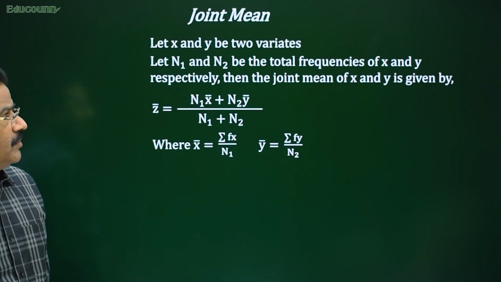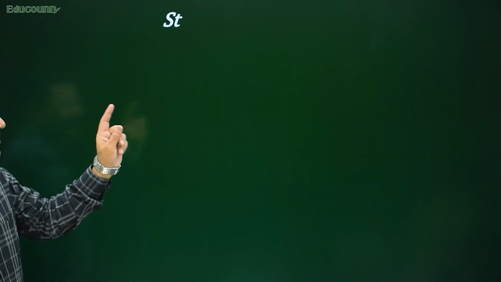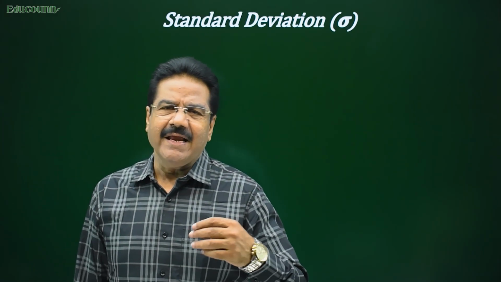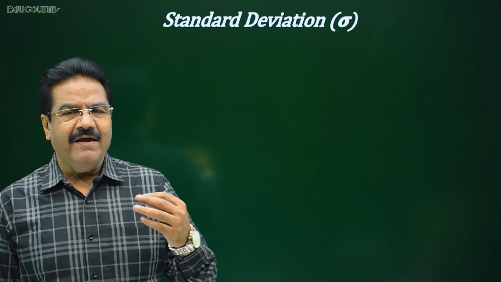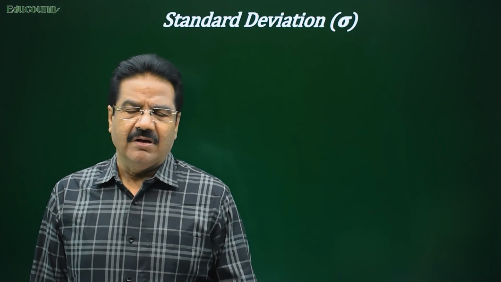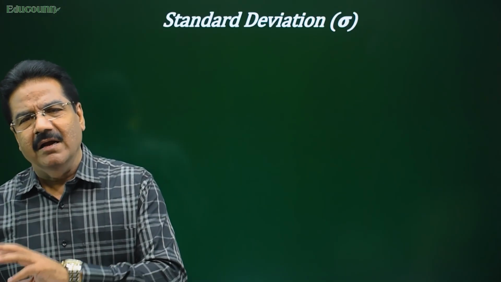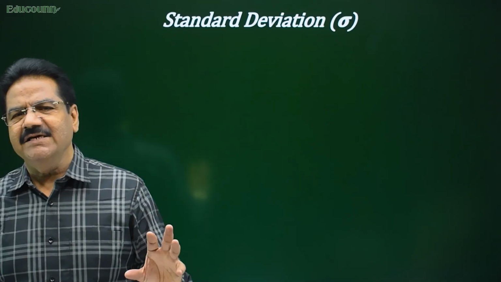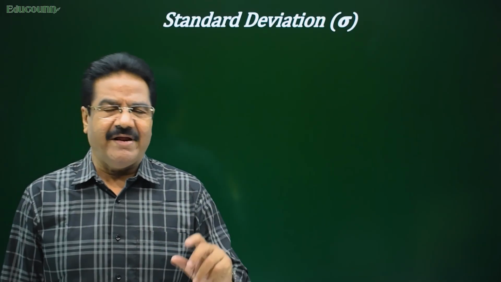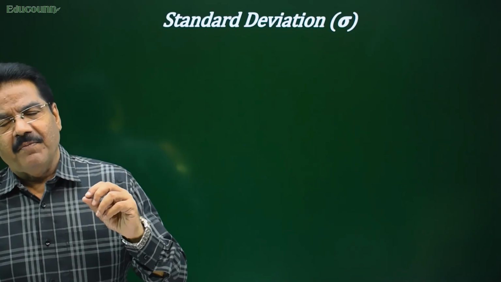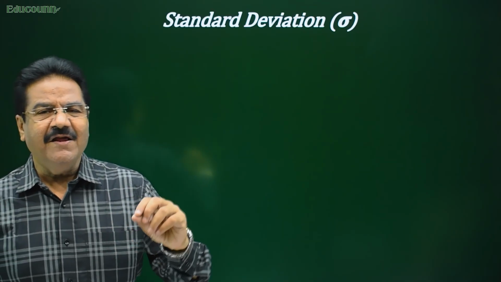Now let us take a new topic, and the name of the topic is standard deviation. Whenever we find out any average, standard deviation is very important, and the value of standard deviation must be sufficiently small compared to the average. Then only we can say that the average is correct or a good average. For example, if we are having an average of 75 marks,